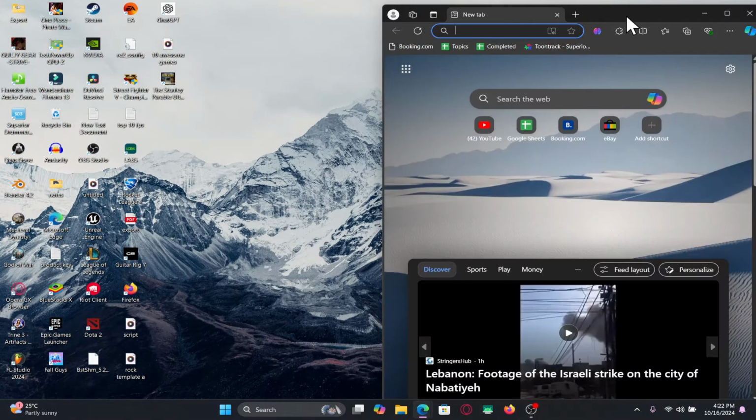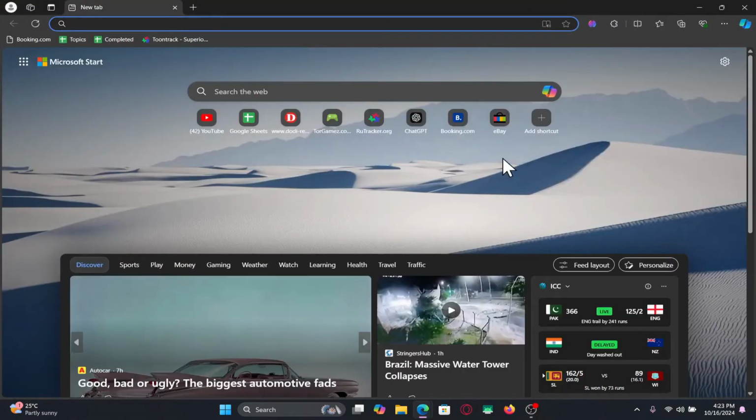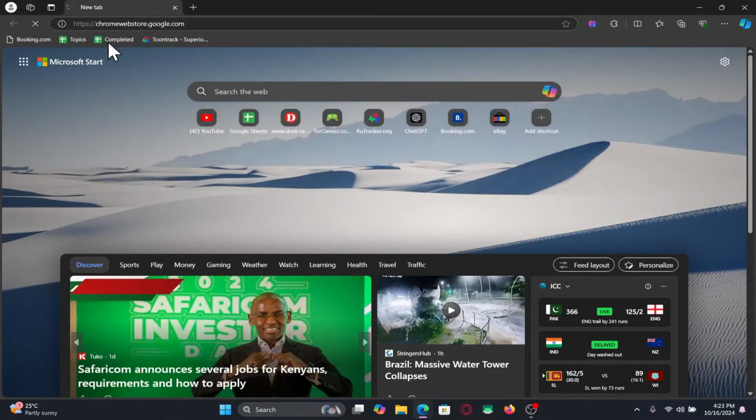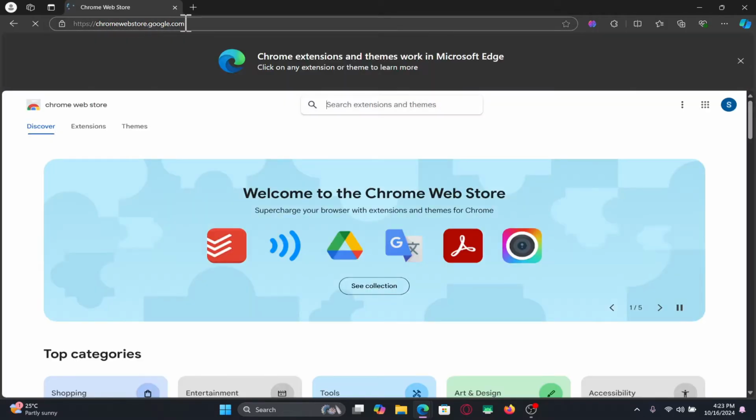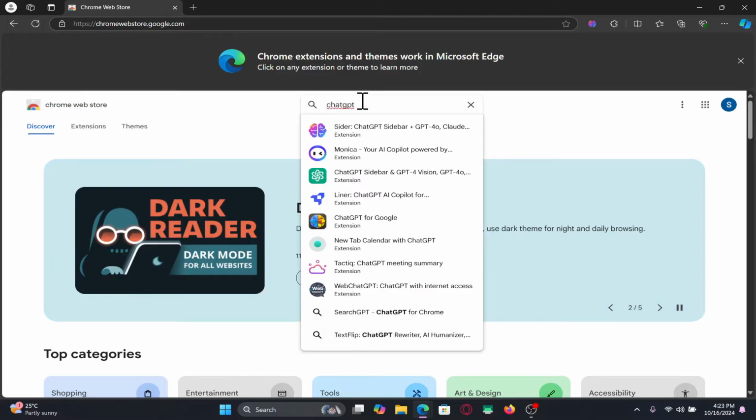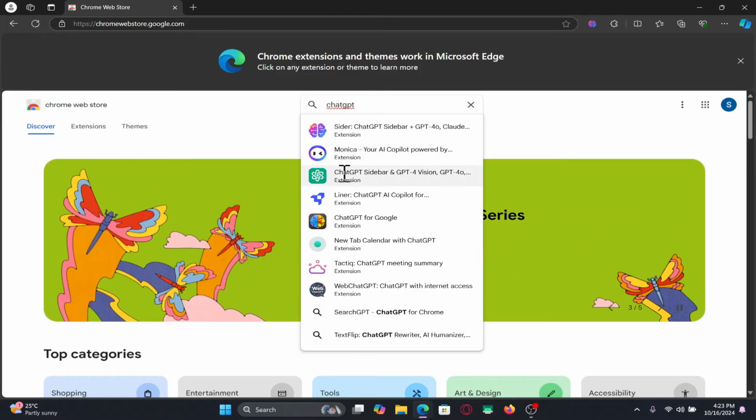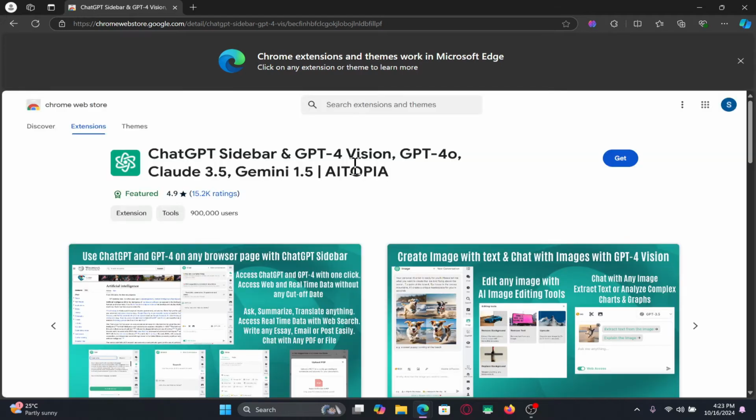First of all, open up your web browser and make sure that Chrome extensions are supported by this browser. After opening it up, just type in chromewebstore.google.com in the address bar and press enter. Once you enter the website of the Chrome Web Store, just use the search box to type in and search for ChatGPT. Once you find the ChatGPT extension, go ahead and click on it, and you will now see the